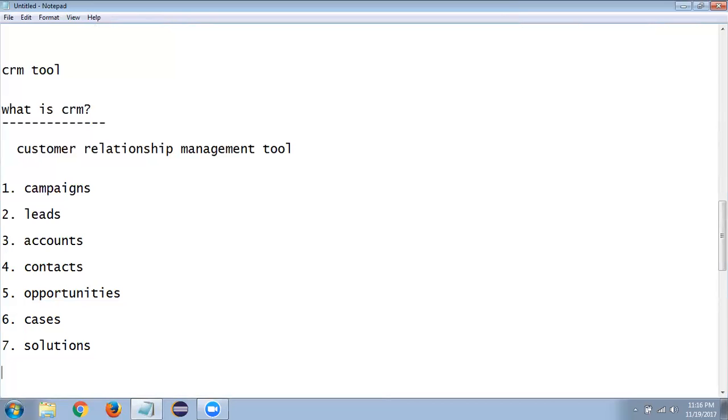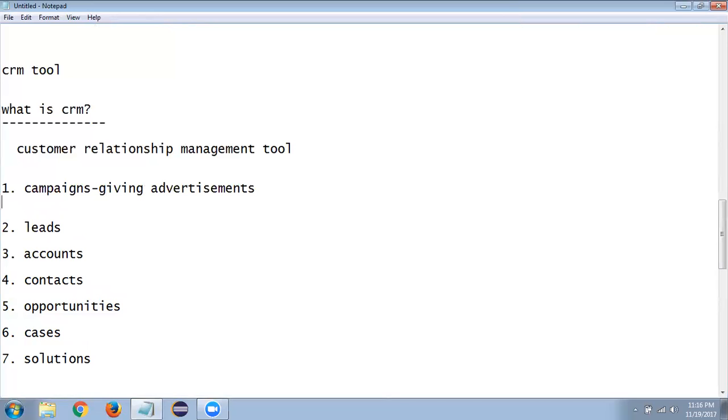This is all about the sales process. Before you sell one product, it is the company's responsibility to do things like campaigns. Meaning you need to give some advertisements, like paper advertisements, TV advertisements, or mobile advertisements, any kind of advertisements. Okay, what will happen?